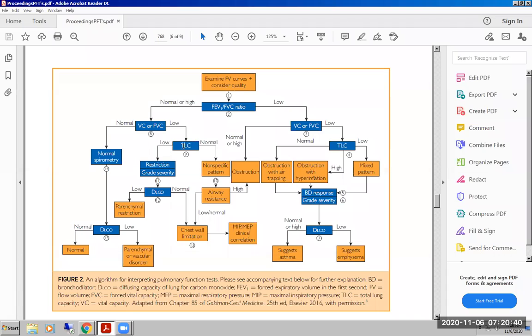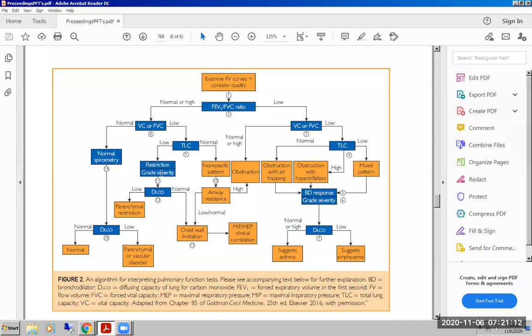If that's also low, then we've got restriction, and there's where we need to memorize. Remember, our first number we have to remember is this number. You guys remember what this number is? What is normal for an FEV1 to FVC ratio? Anybody want to try to remember? Perfect, 70. And then now we're down the algorithm to low and low. So we're at restriction and we grade severity. And you remember what we use to grade the severity? It is the